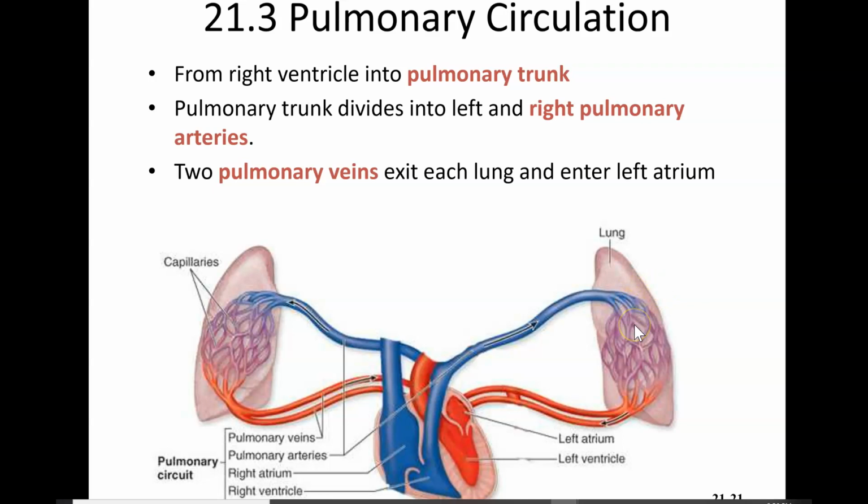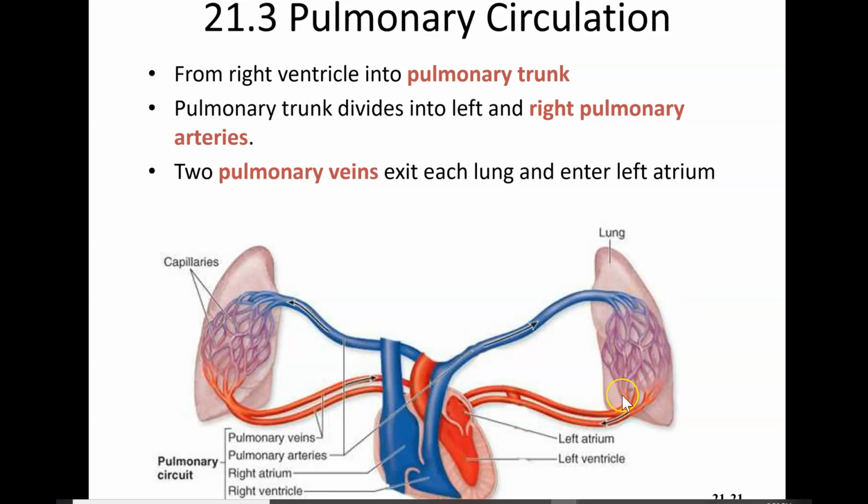alveoli of the lungs, and surrounding the alveoli, or the air sac, would be a capillary network that you see here. That is when we are going to pick up oxygen and give off the carbon dioxide we have in our blood to put that into the air sac so we can breathe that out, leaving the good oxygenated blood